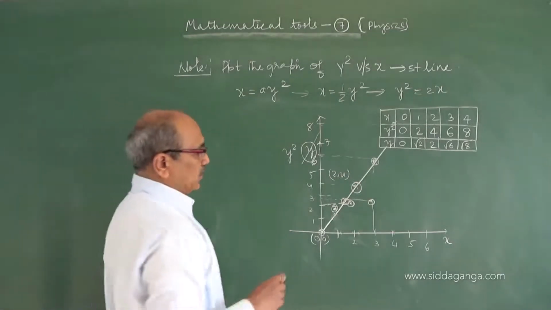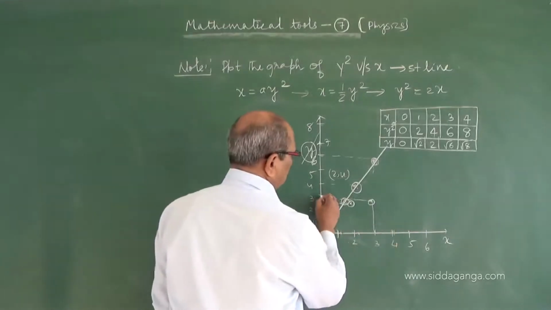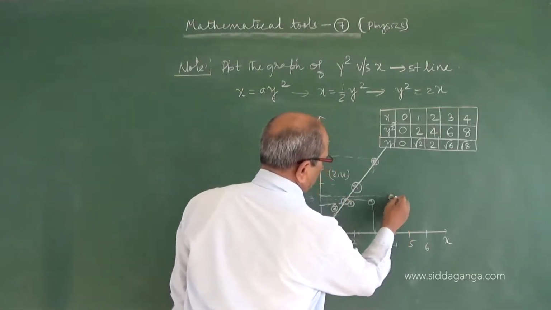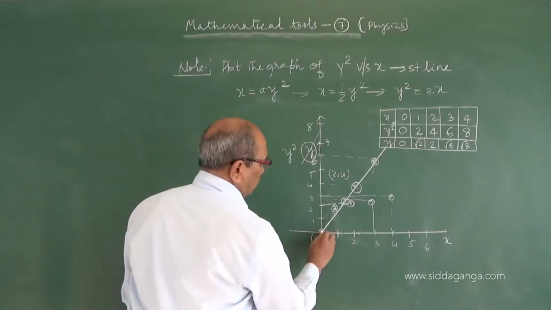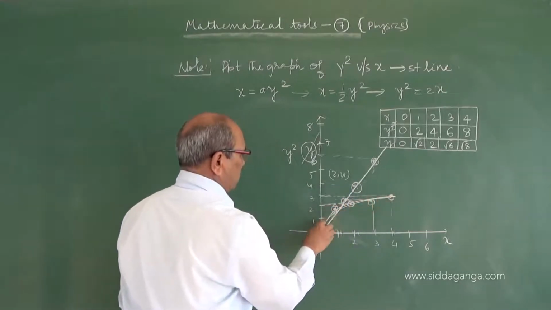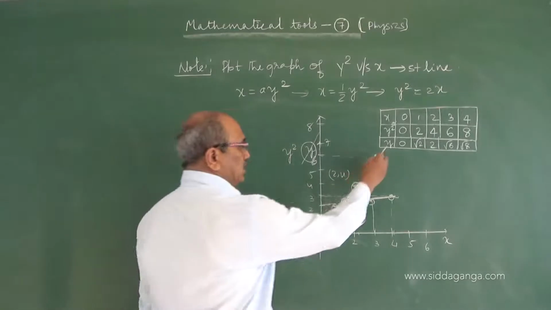And for 4, root 8 is around 2.8. Very near to 3 but less than 3 for 4. So we curve here. What we will get is the curve is moving like this. It is a parabola. This is the curve for